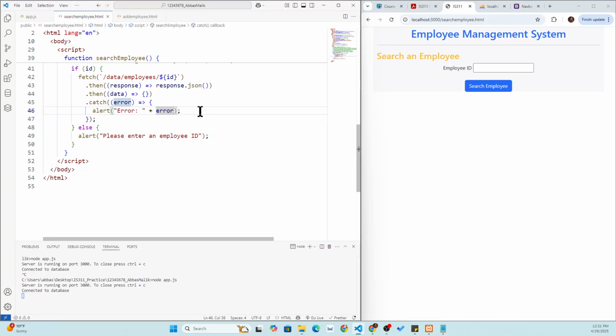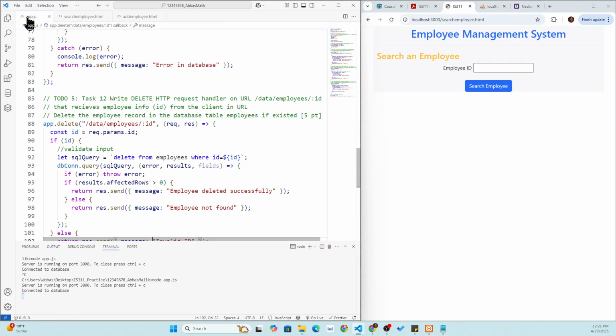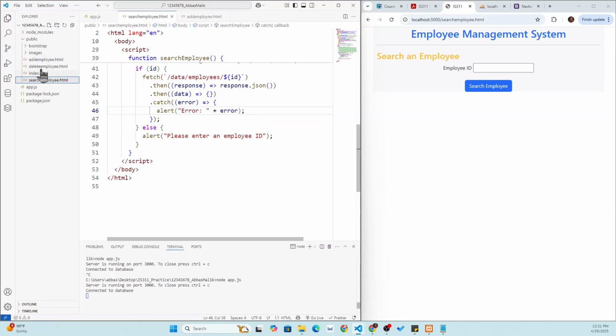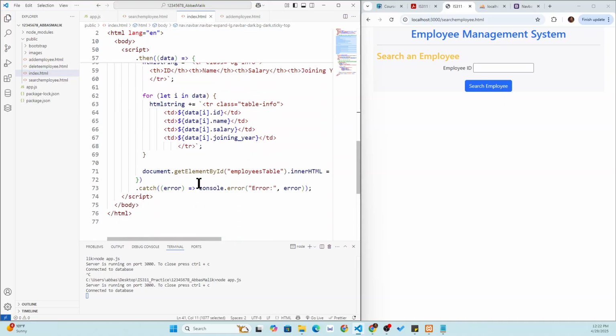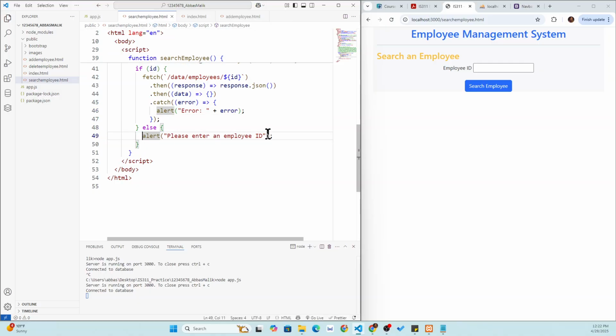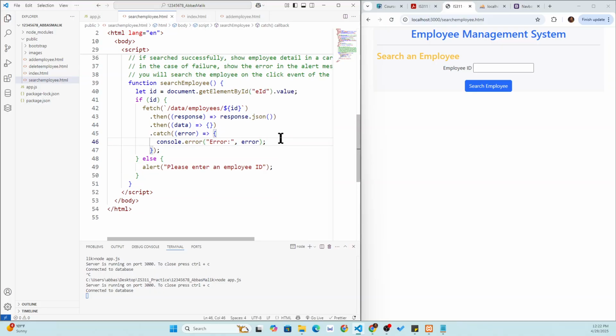Actually, let's see what we have done inside the index page. We will do the same here as well. So here when we say catch error, we are saying console.log error rather than putting it into the alert. So we will try to do the same thing here as well. So here if we have the error, then we are saying console dot error. Okay. So now what we are doing here, we are sending a get request